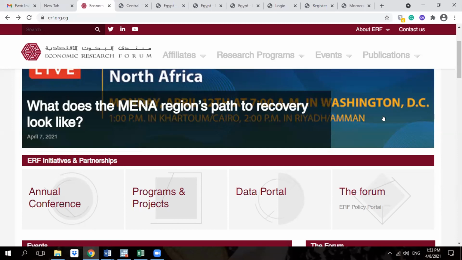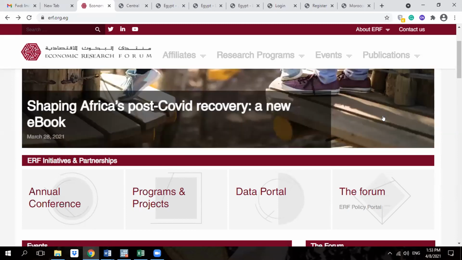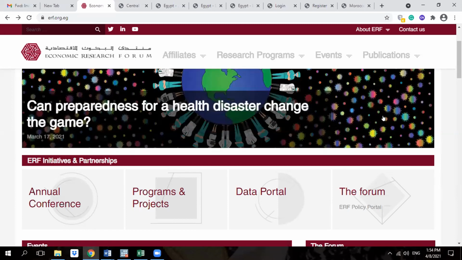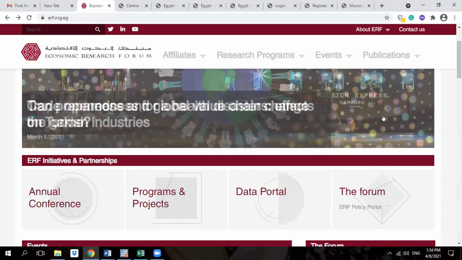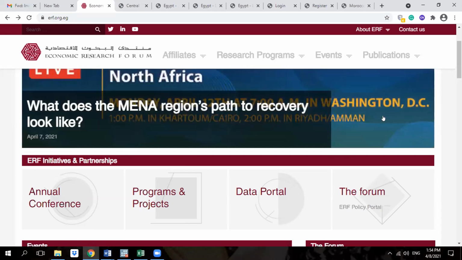But I have to mention that these data sets are available on the CAPMAS website. They have a data portal as well, not similar, but you can request the data there. Unfortunately, they are not translated. The labels can be found in Arabic.